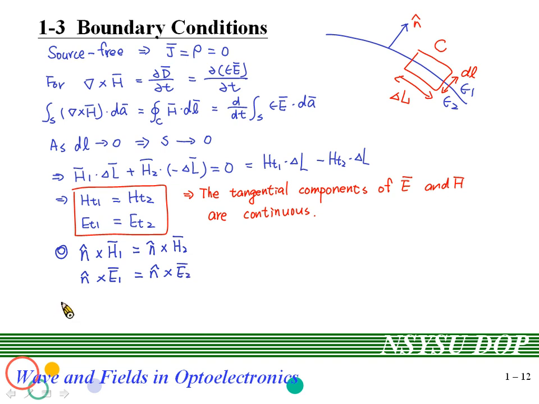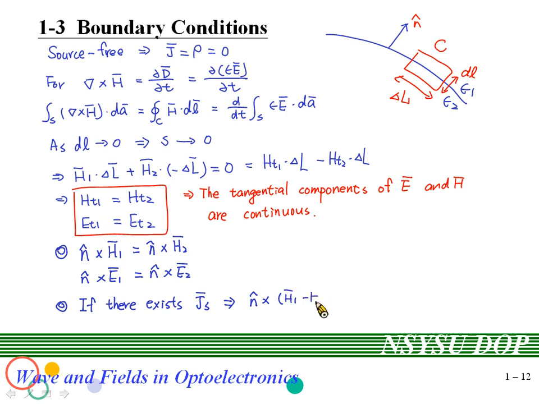And finally, if there exists current density along the interface, what will happen to the boundary condition? The boundary condition for the E field is the same, but for the H field, it should be modified as n hat cross